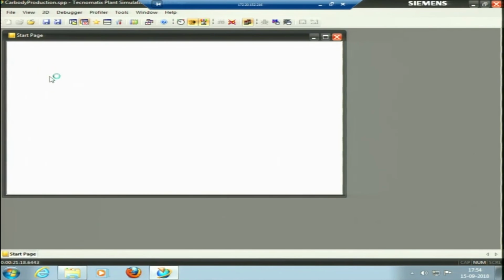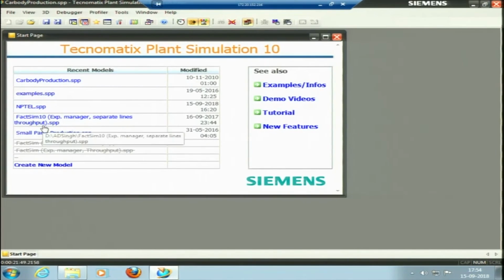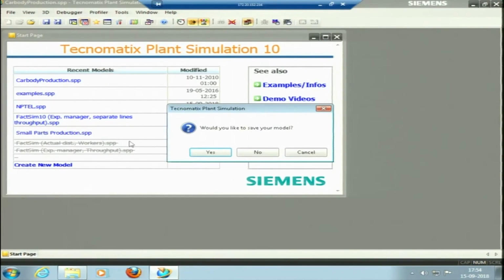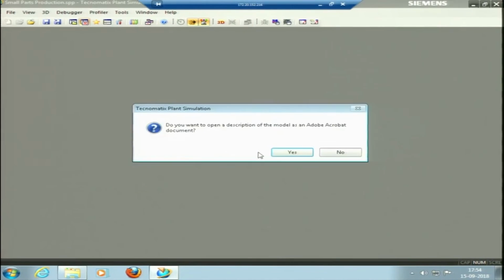I will close this model and come to my start page again, from View to Start Page. There is another model, small parts production. I do not want to save this model.